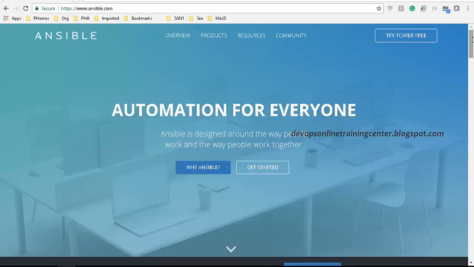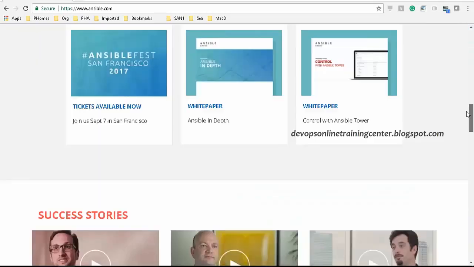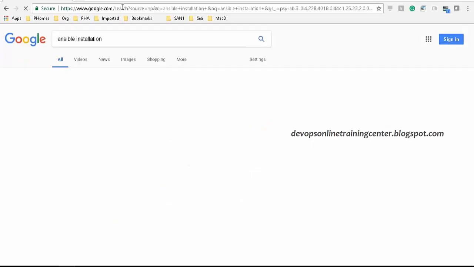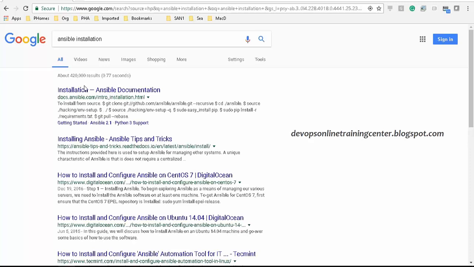So there is a lot of documentation available for Ansible. So what we do is we go to the installation section. docs.ansible.com is a site where you can go through the documentation. So RPMs are available for yum for EPEL, which is Extra Packages for Enterprise Linux.